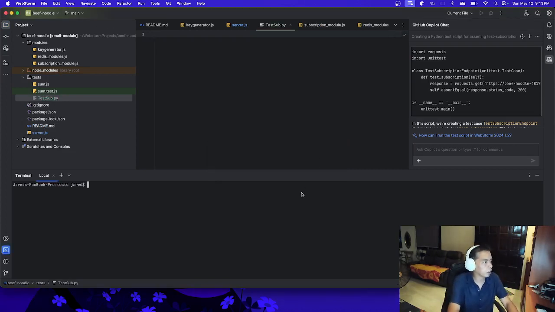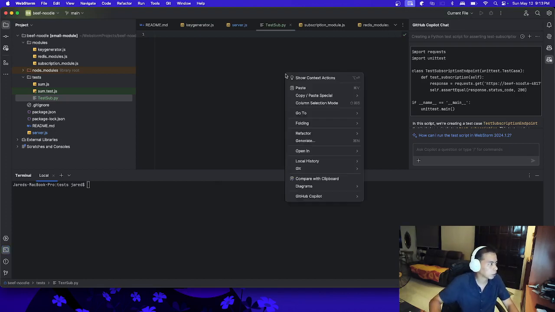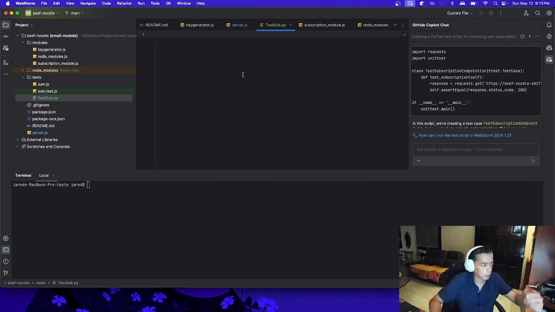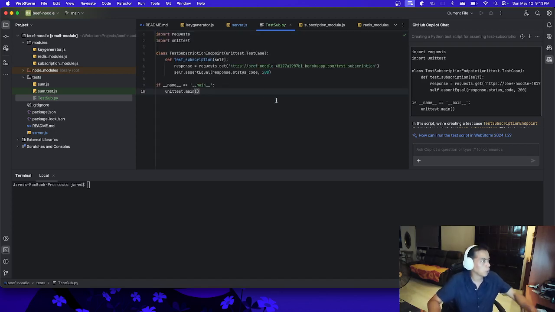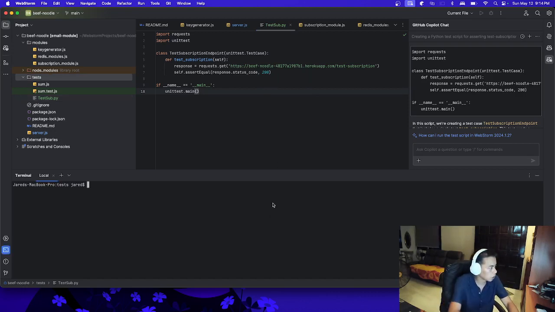All right, so now we have a file. We just paste what was generated from Copilot. Initially we have a test subscription as a test function, and it's asserting whether it will return a status code 200. So let's try to run that.